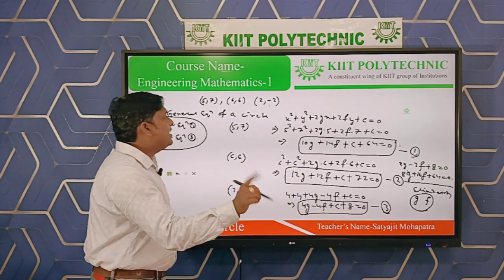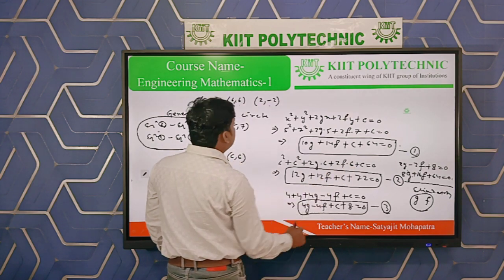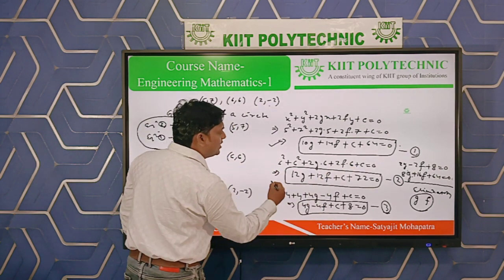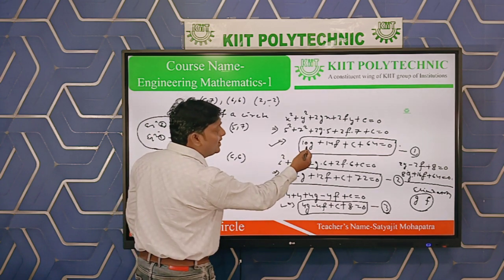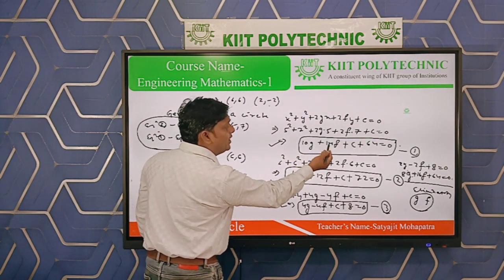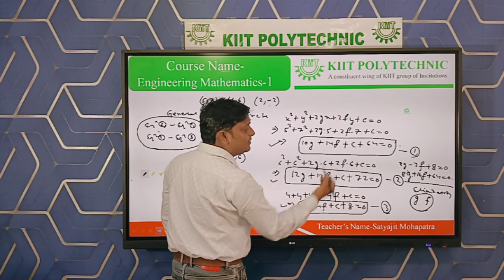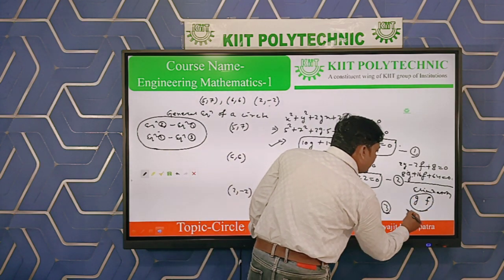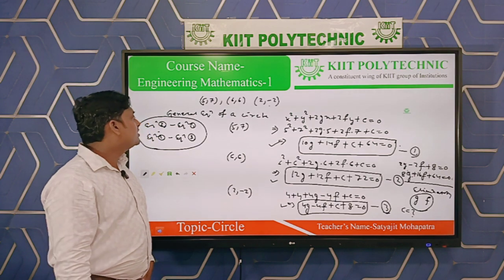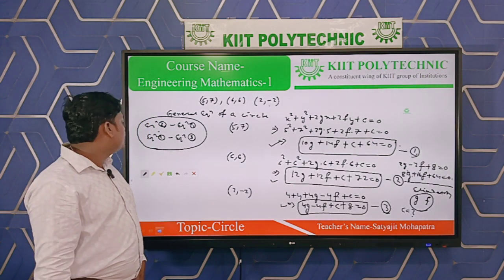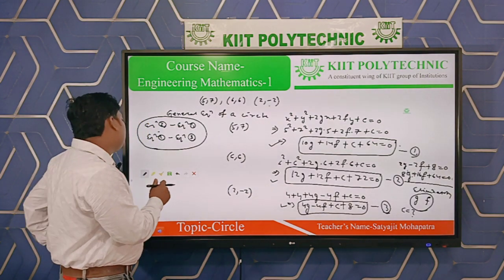After getting g and f, put those values in any one of these three equations. In any one, put the values of g and f. Then you can easily get c. By putting g and f, you can get c. Just if you want to see,